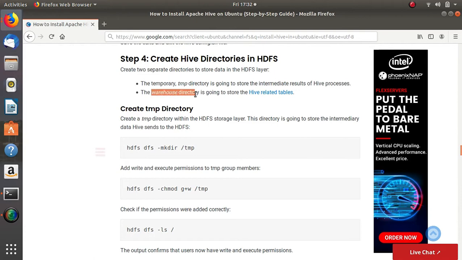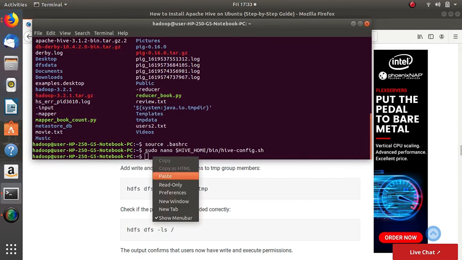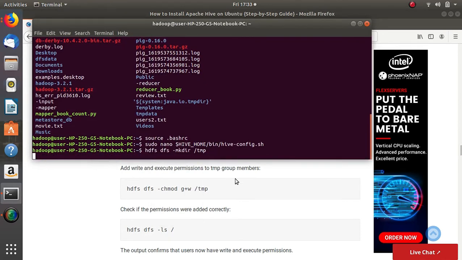First create the tmp directory by using hdfs dfs -mkdir, that is make directory, and the directory name /tmp. I'm just copying it and pasting it in the terminal. This is the command to create the temp directory.